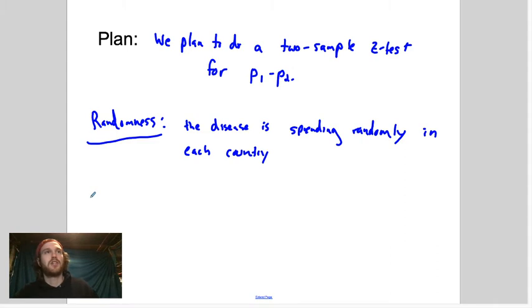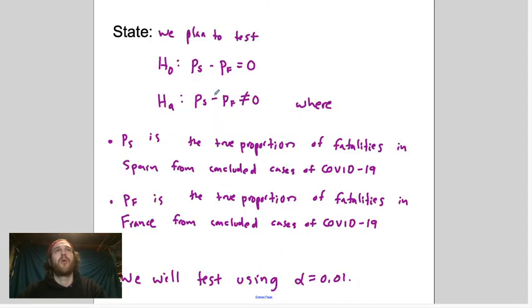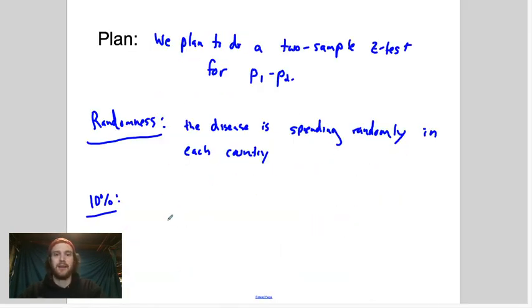Okay, 10% condition, or the check for independence. Now this one's a little rocky, because if we go back, let's take a look at that. The total number of cases, 6,594 for Spain, is actually bigger than 10% of the total number of cases. I would imagine, based on how many new cases are popping up each day, that they're going to get to 65,000. They're going to get to a number of cases that is fairly large. And so I think how we're going to argue this basically is that